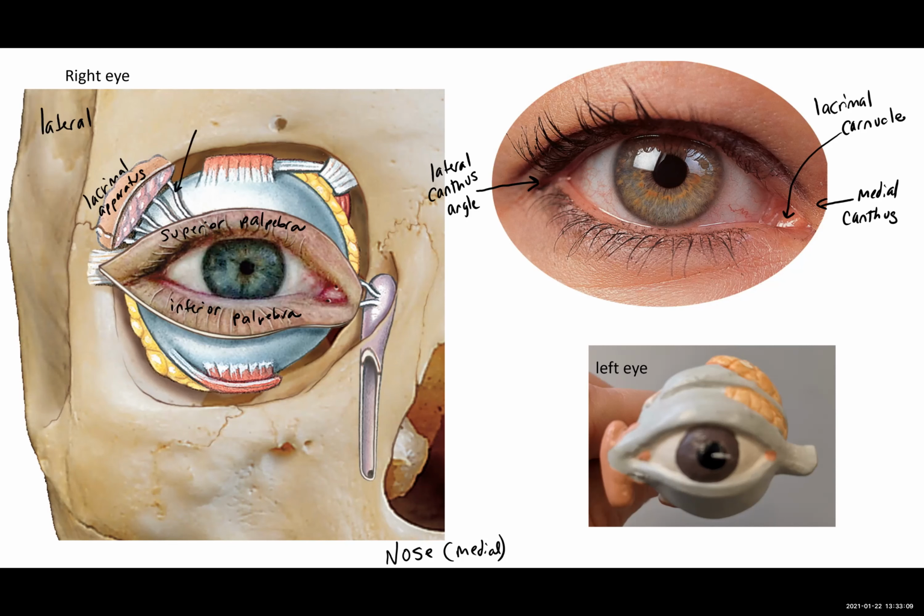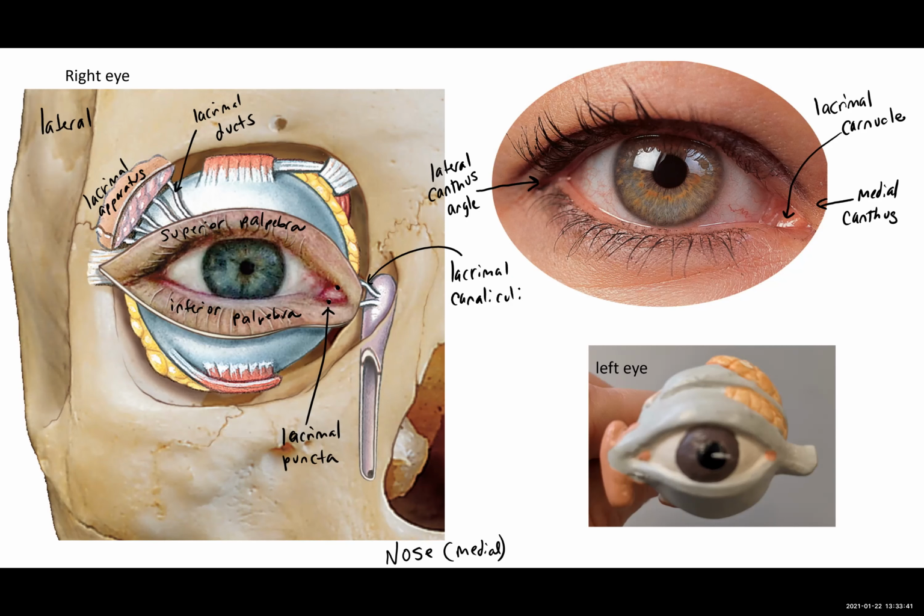Those tears then are going to be transported through what are called lacrimal ducts across the eye. There are actually small holes here, which are going to be referred to as lacrimal puncta, which then drain into these passageways called lacrimal